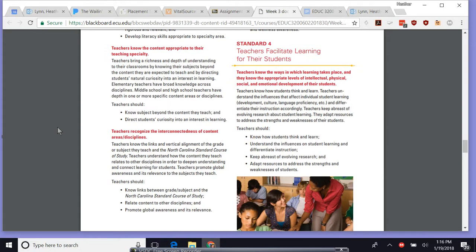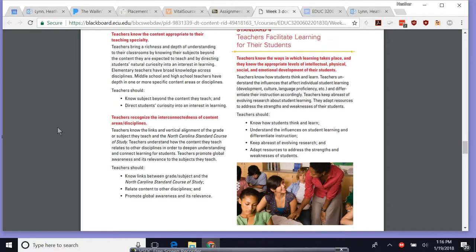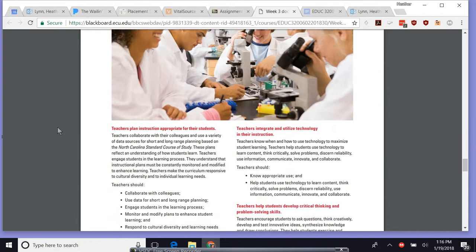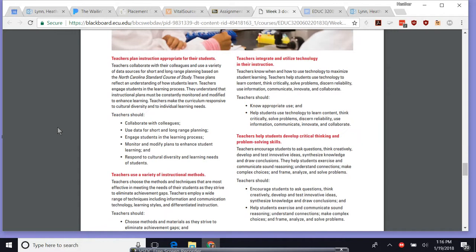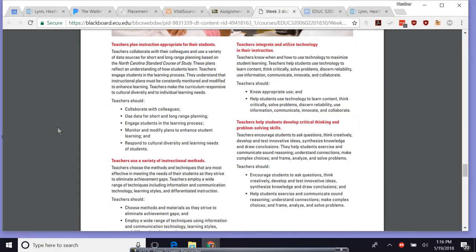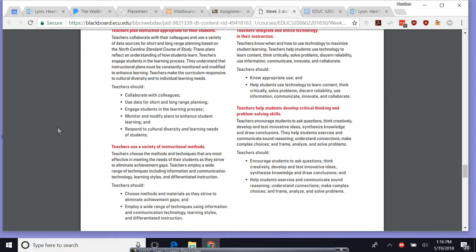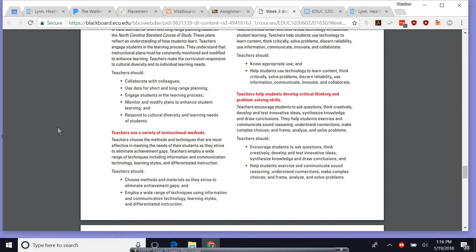So this is what this standard looks like in the classroom. It might be integrating technology. It might be coming up with instruction plans. It might be using a lot of different types of instructional methods. So in other words, you don't teach them the same way using the same lesson, same curriculum. You might have to change the modes of your teaching. You help kids develop critical thinking skills, and you work with other teachers so that you can improve your teaching